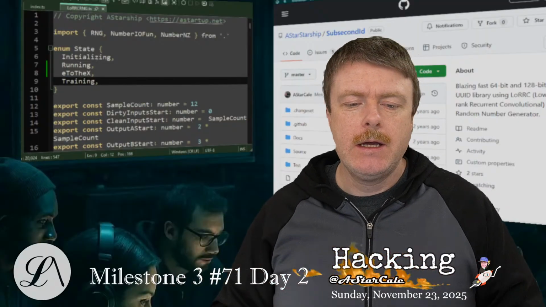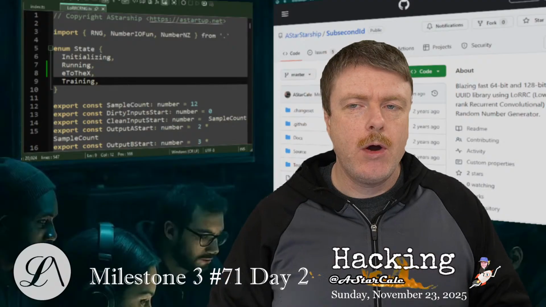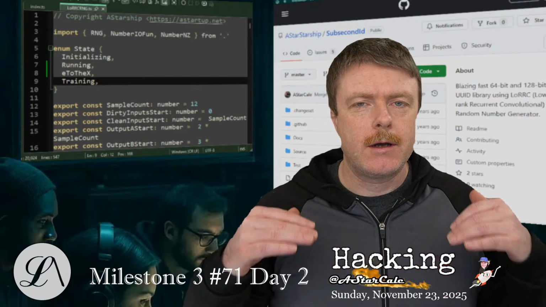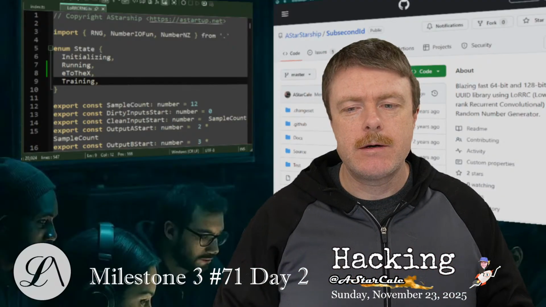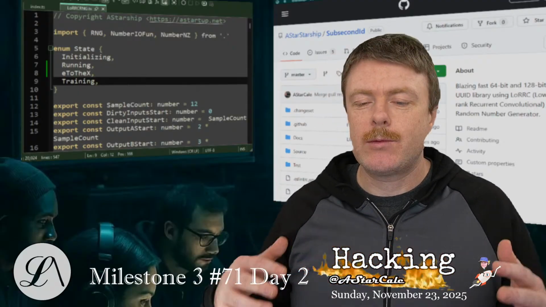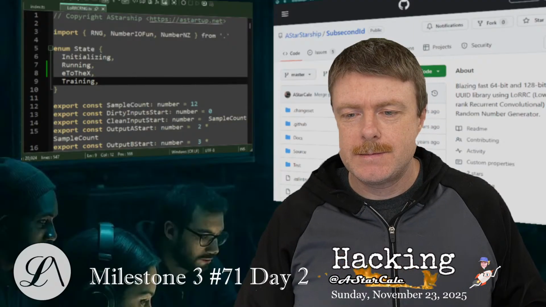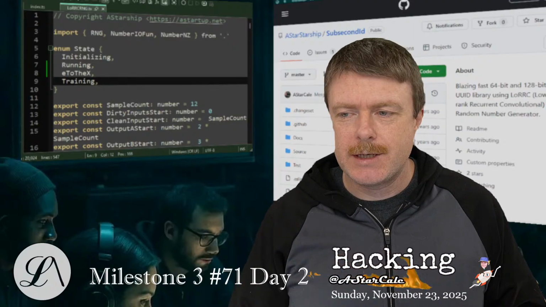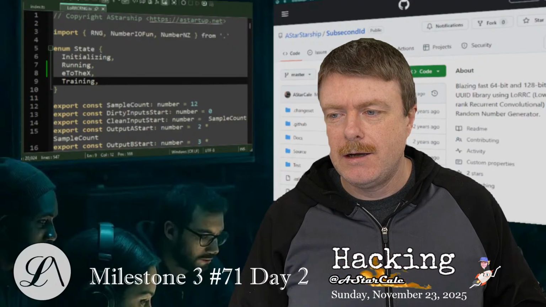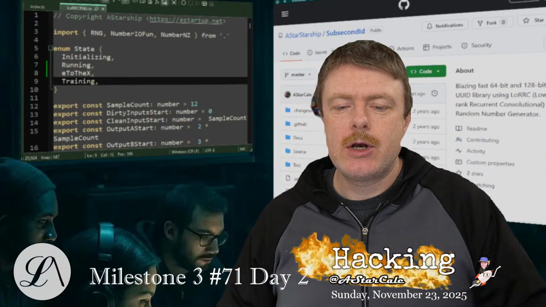My name is Cale, and we're hacking on the low rank recurrent convolutional number generator that I came up with. It is a CPU based random number generator. Does it say day 2? Oops, day 3. Right? So it's a CPU based neural network,